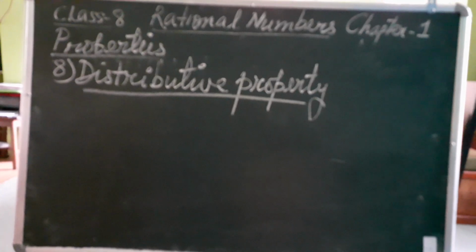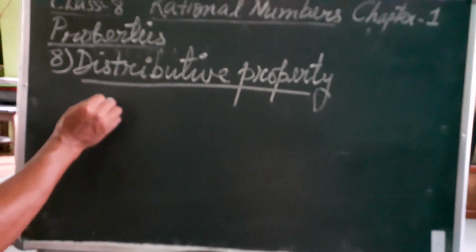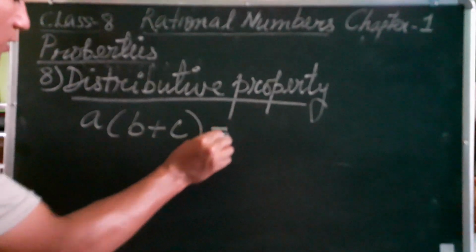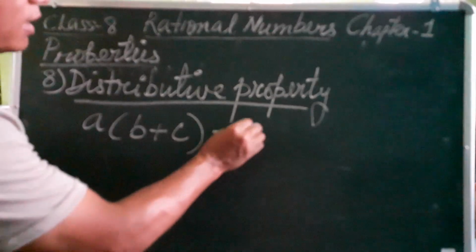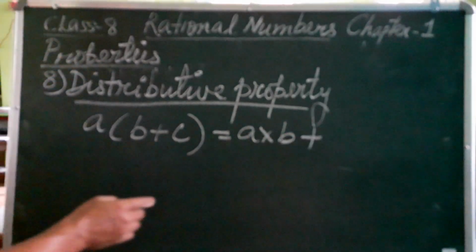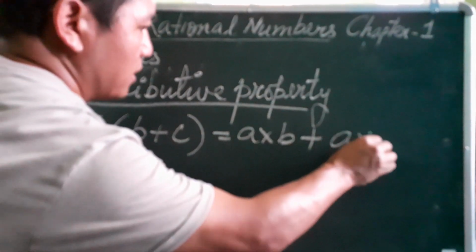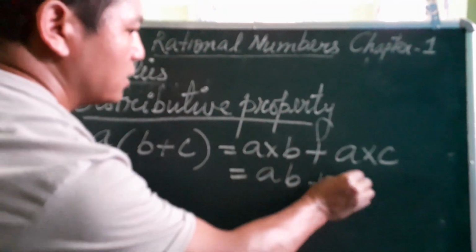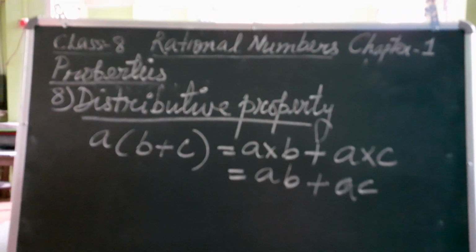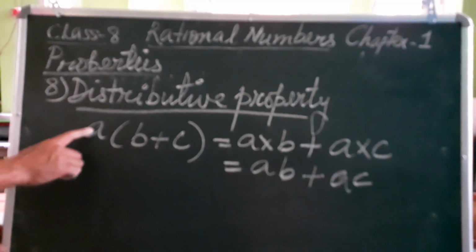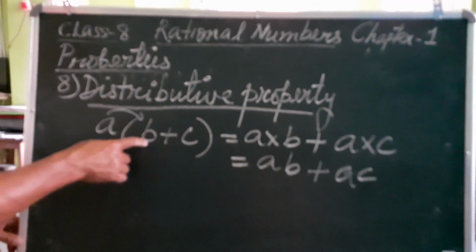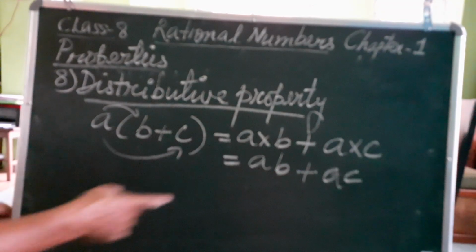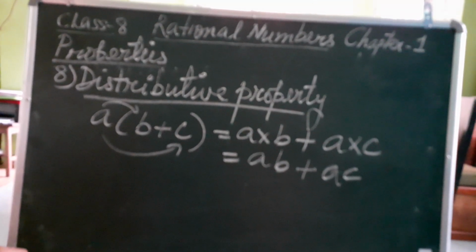If a, b and c are three rational numbers, then a into b plus c will be equal to a into b plus a into c. A into b is ab. A into c is ac. Here a is distributed over b and c. A into b is ab, a into c is ac. This is called the distributive property of